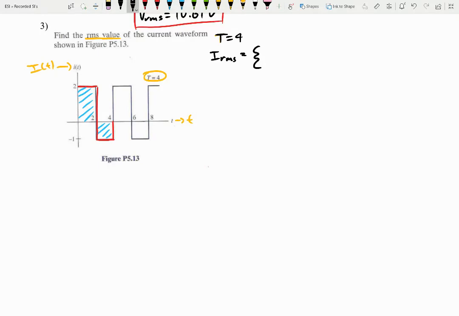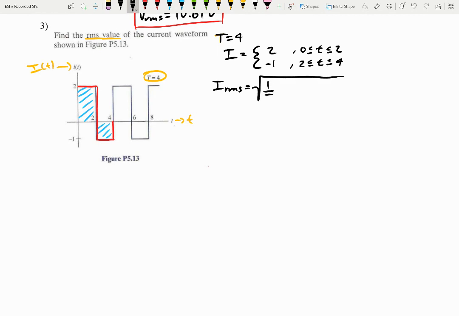Okay, so we can see from 0 to 2, our value is going to be 2. And then from 2 to 4, it's going to be -1. So -1, 2 to 4. All right. So now that we have that written out, let's go ahead and look at. That's actually not the IRMS value. That's just I. Apologies. IRMS is going to be